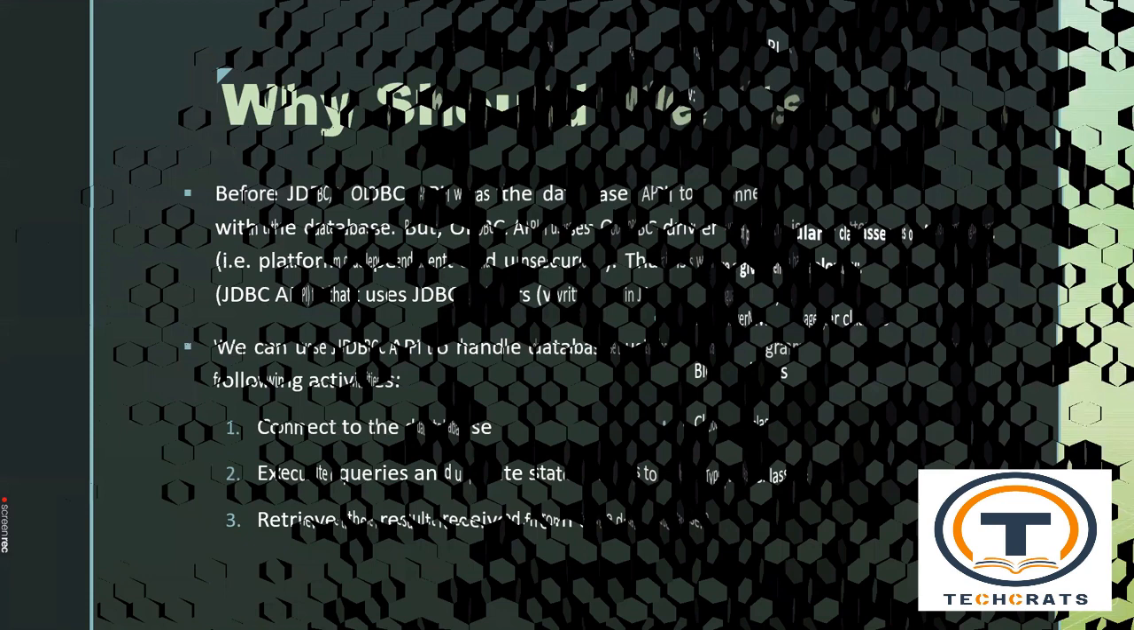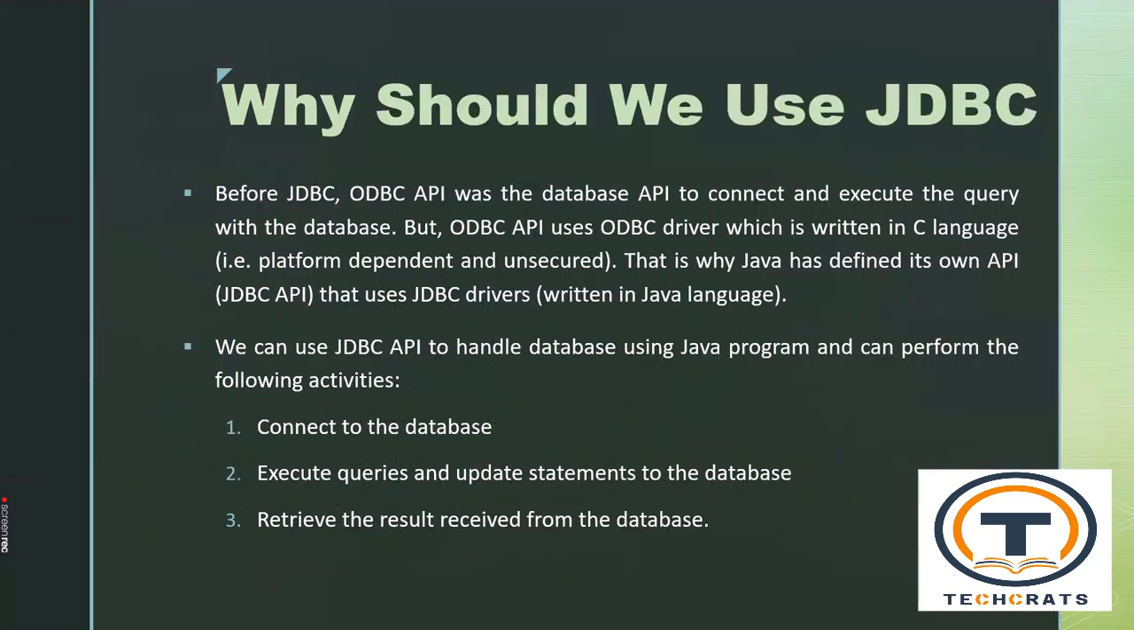So let me take you to why we should use JDBC. This is a very, very important question. Before JDBC, we used to work with the ODBC API. The ODBC API was the database API to connect and execute queries with the database. But the ODBC API uses the ODBC driver, which is written in the C language, that is platform dependent and unsecured. That's why